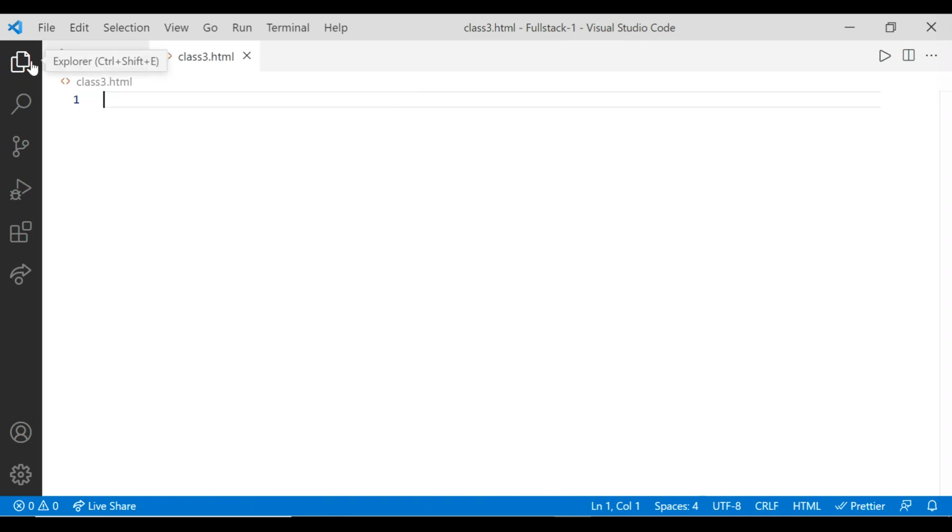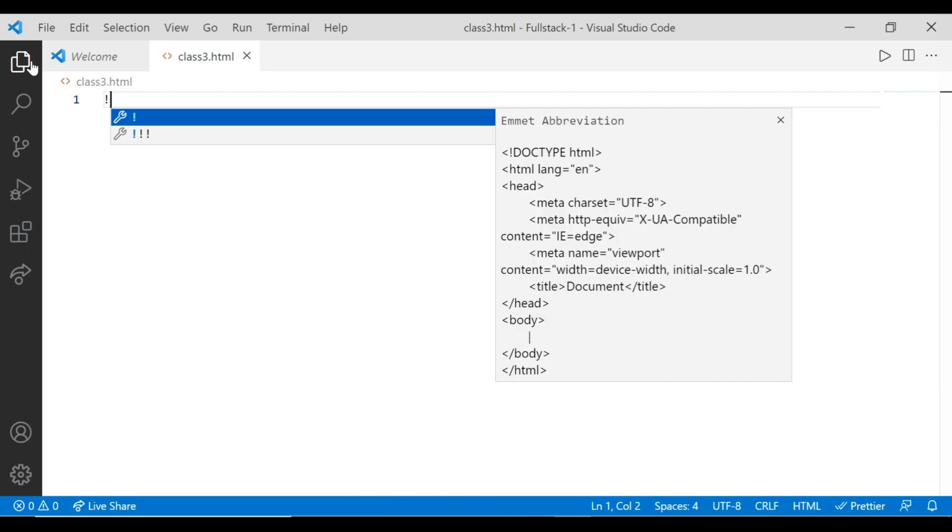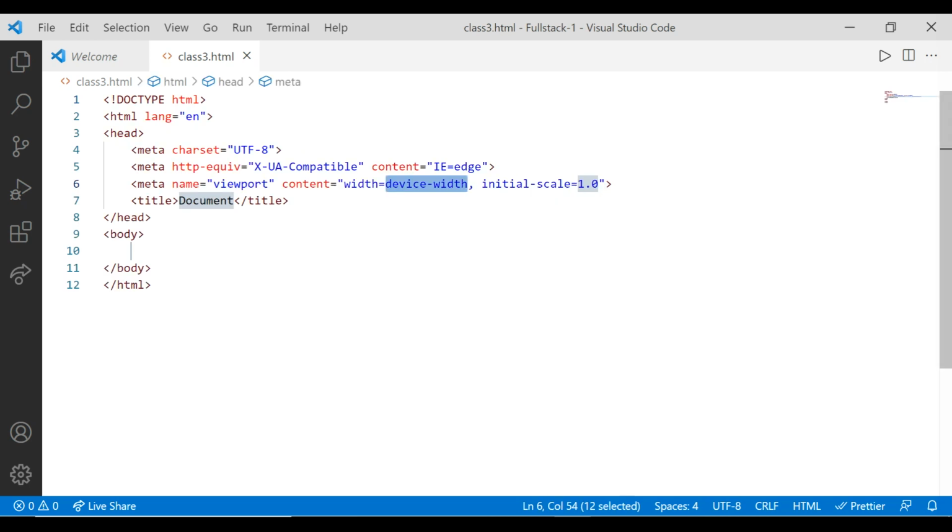Every document consists of a basic skeleton, and that basic skeleton is the basic structure. So I'm using an exclamation sign, and whenever I use this, it will create the basic skeleton. We call it Emmet abbreviation. When I press enter or select this extension, it will create the basic structure of the HTML document. It contains our doctype, the root element, the head tag, and the body tag. Now I'm going to use this body tag for writing our content.